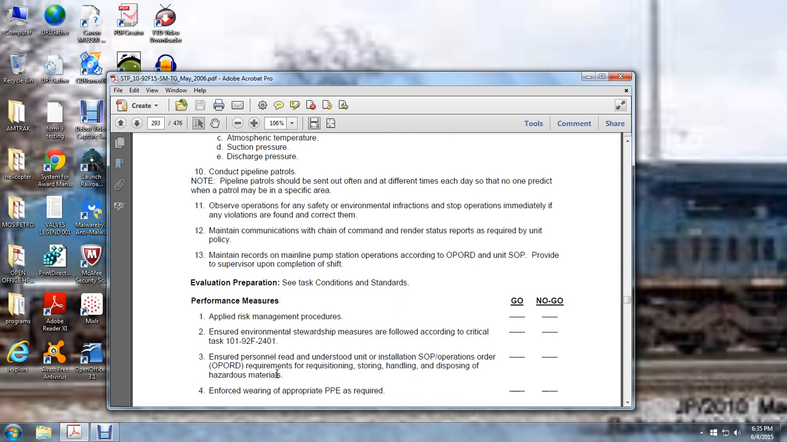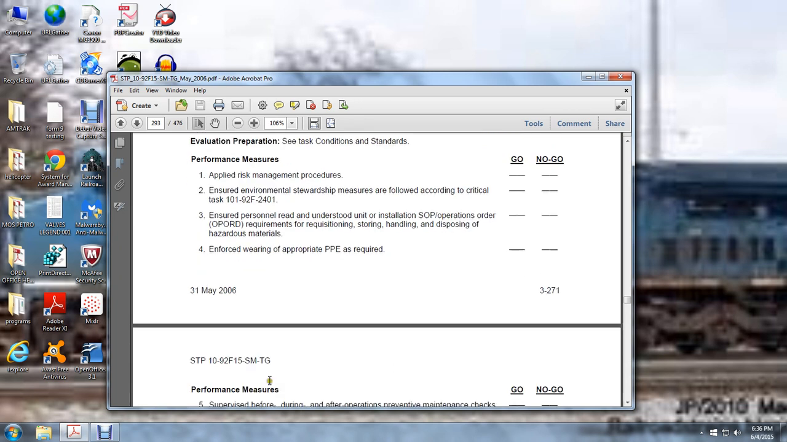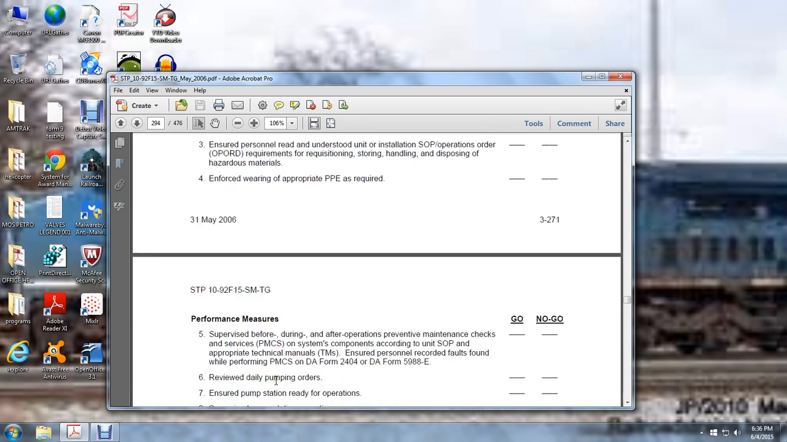See the task and standards for evaluation: preparation, applied risk management, and performance procedures. Ensure environmental stewardship measures are followed according to critical task 101-92F2401. Ensure personnel read and understand unit installation standing operating procedures, requirements, requisitioning, storing, handling, and disposing of hazardous material. Enforce the wearing of the appropriate personal protective equipment. Supervise before, during, and after operation. Perform preventive maintenance checks and services on the system components according to standing authorization and appropriate technical manuals. Ensure personnel record faults found while performing preventive maintenance checks and services on the DA Form 2404, DA Form